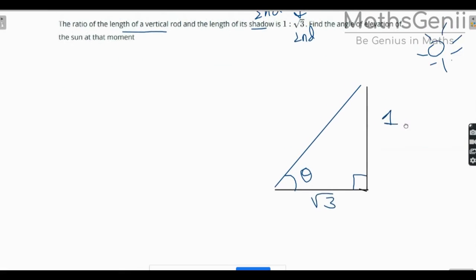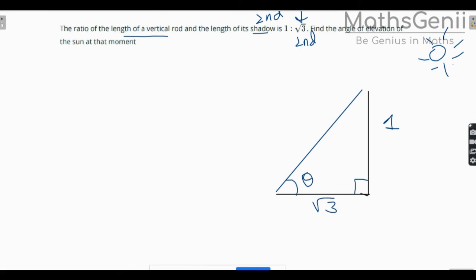Okay, so to find this angle, what can we do? I have again taught it in my trigonometry video. If you have not seen it, please go to the playlist and you can see that video. So how do you remember it? Sine, cos, tan: OH, AH, OA. OH, AH, OA. So for finding this, what is required? This is the opposite side.